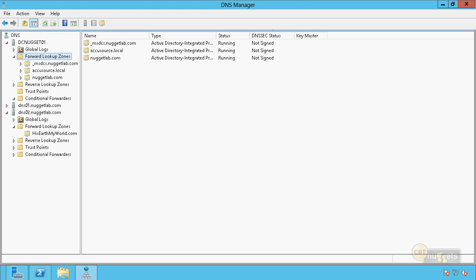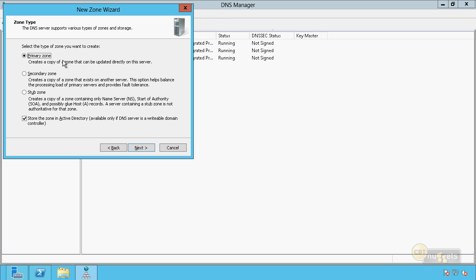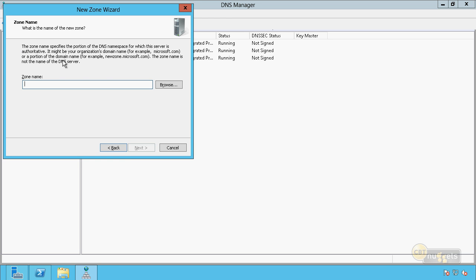So let's take a look at how this would work. Instead of creating a conditional forward to hisearthmyworld.com, maybe I would want to work with a stub zone instead, because the stub zone would automatically update if there were additional servers that became available to resolve that. So I'm going to right-click here in DC Nugget 1 for a new zone, and I'm going to go quickly through this because you've seen most of this before, but I'm just going to store it in Active Directory